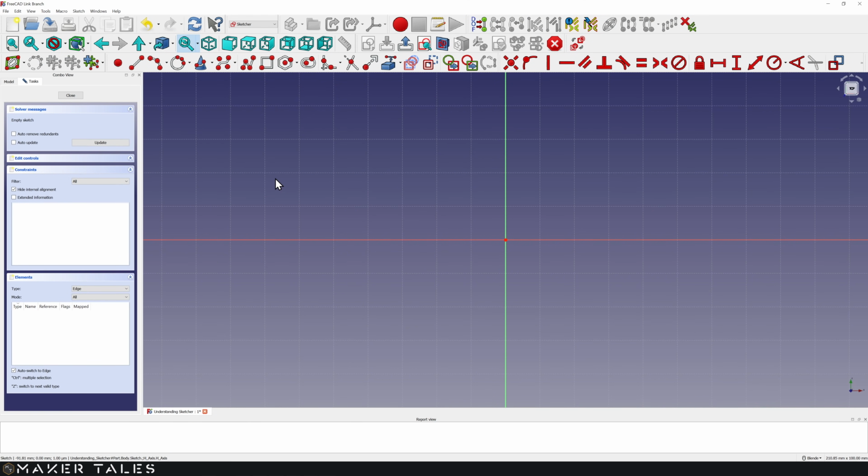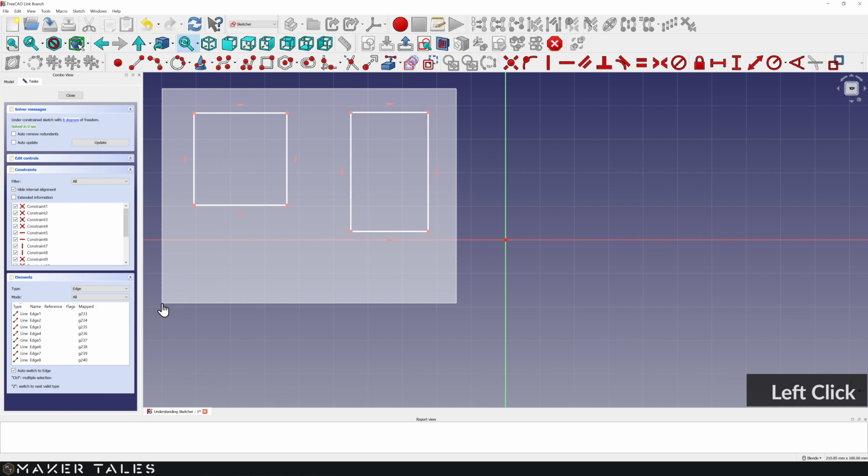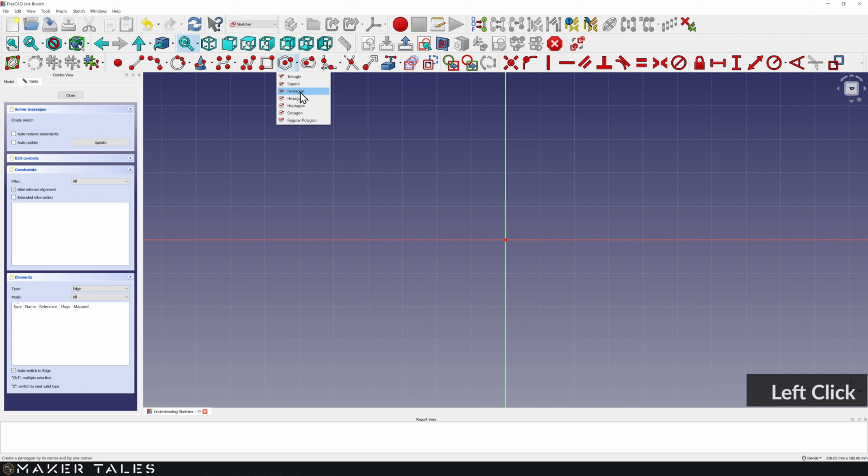The next three tools are very similar to one another. They basically create shapes, starting with a rectangle tool. So we'll go R for rectangle, click and click, you get a rectangle. Do be aware there's no way of holding down Shift or Control to snap this to a square shape, because that is the whole point of the next one, which are predefined shapes. So you've got triangle, square, pentagon, hexagon, heptagon, octagon, and a regular polygon.